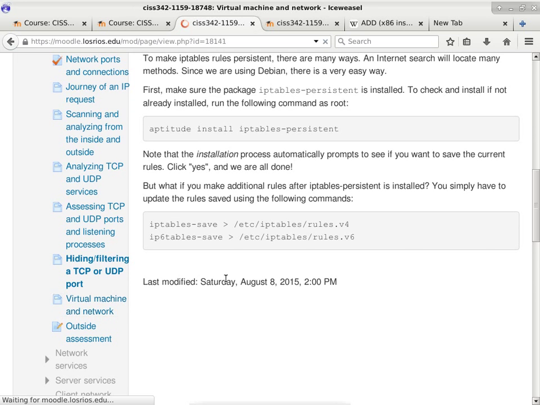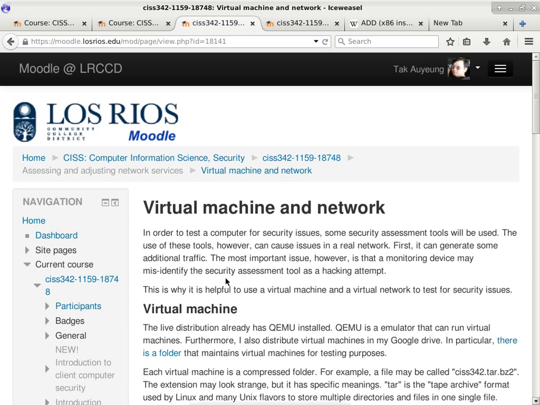It is virtual machine and network. It used to be somewhere higher up in the other topic. I just moved it here, okay? These are the instructions to get this working. So I will do it once. Don't do it now because you won't have enough time right now to do it. So just kind of focus on what I do and ask questions, okay?